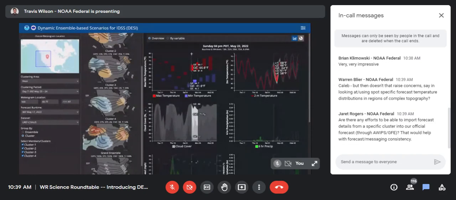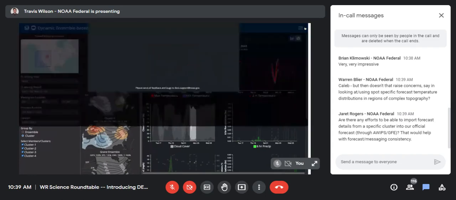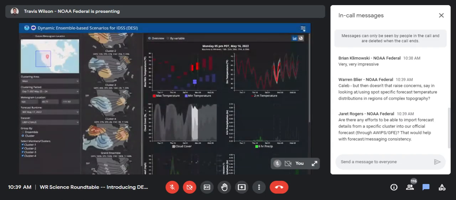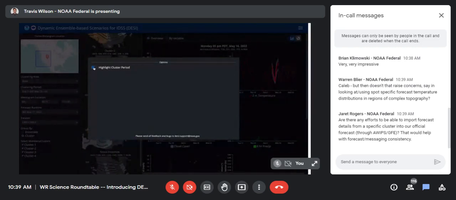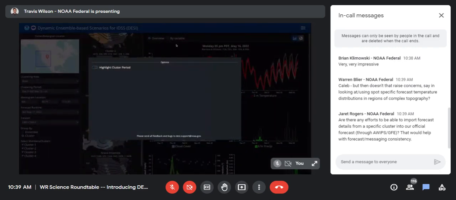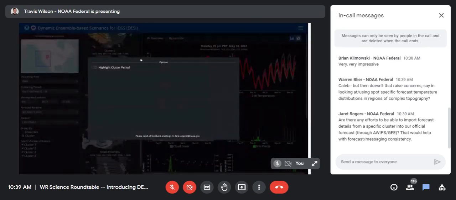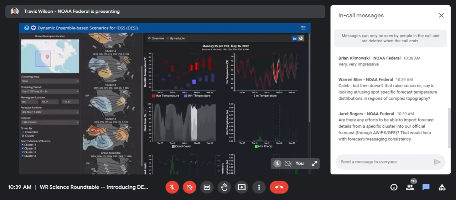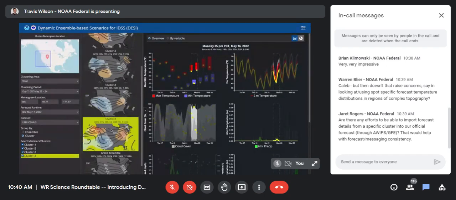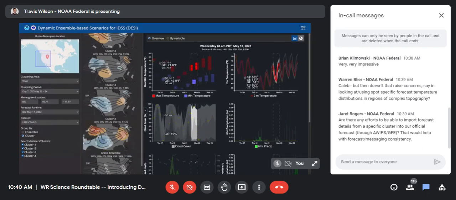This box that's highlighted here represents the window of the clustering time period. If you don't like that, you can click this option button, which is here in the top right, and turn off this highlight clustering period. And now you can get rid of that box. But I find it helpful to really know which day I'm clustering on and which day I should be focusing on for the clustering. Okay, so I think that wraps it up for the one-dimensional view of DESI. So I'm going to switch over now